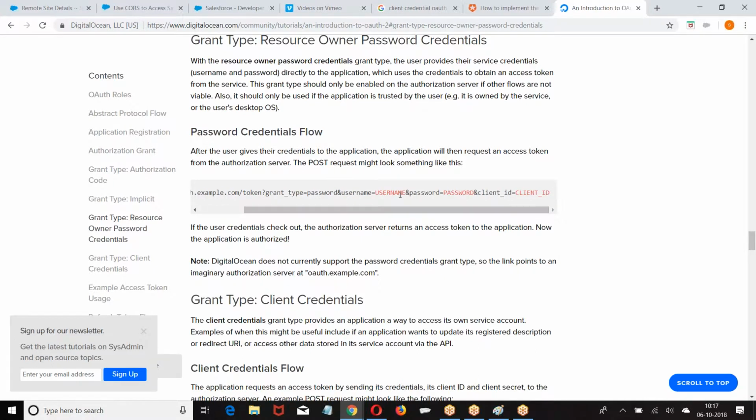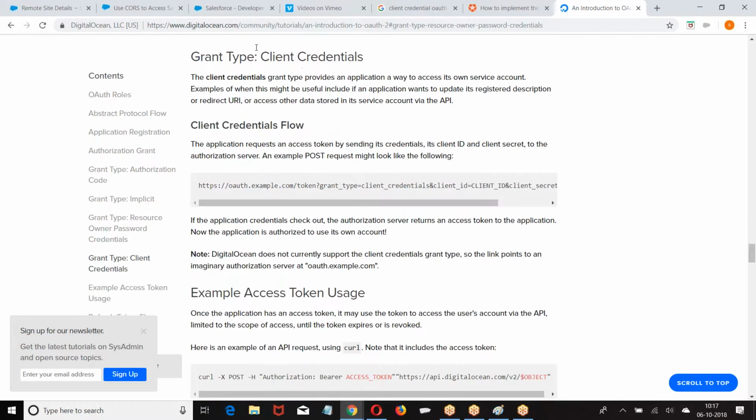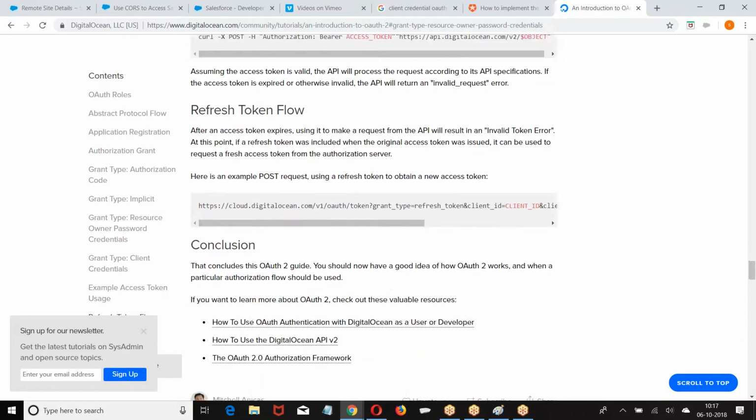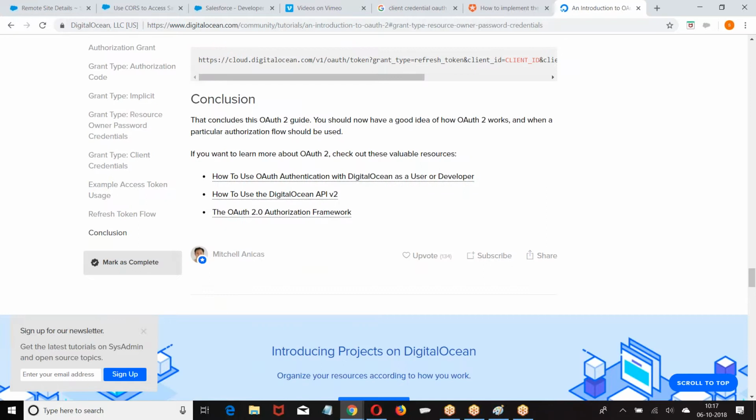Look at this. Now what was this? DigitalOcean. What are they saying in the system? The authentication format is username, password, and they are expecting only client ID. So the basic theme will be the same. Then one more: grant type, client credential. They are expecting grant type, client credential, client ID, client secret. So what are the other formats of authentication they are going to support?